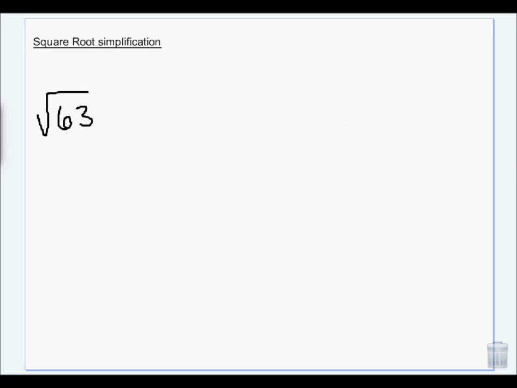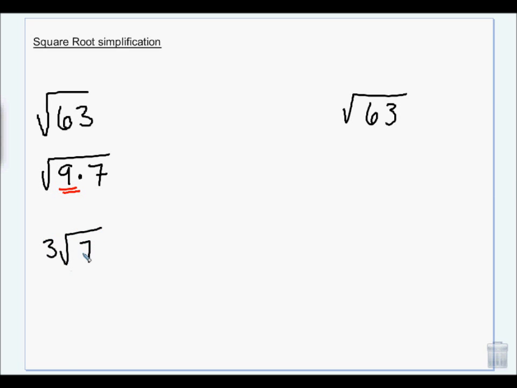So there are two methods to do this, so I'm going to put another one right over here. We have the, hey, I know my multiplication really well and I know all my perfect squares, and this is 9 times 7. And 9 is a perfect square, and I know the square root of it is 3. Or